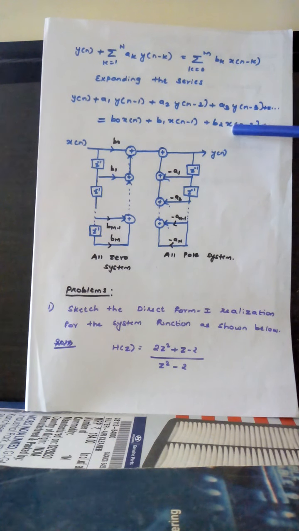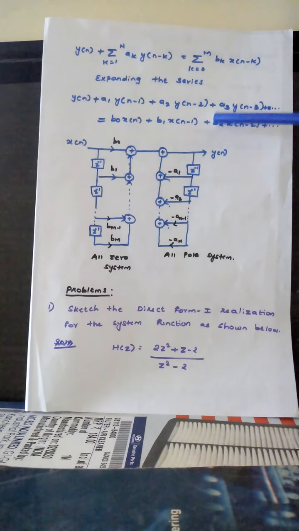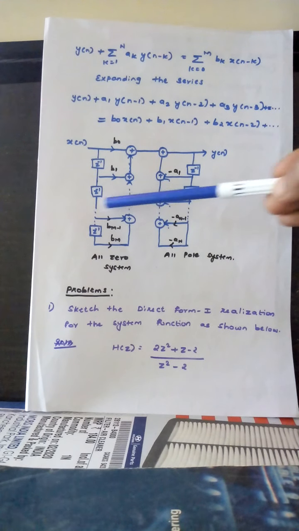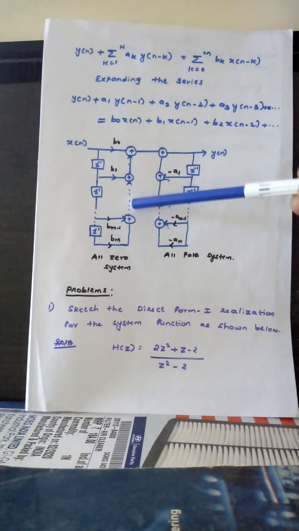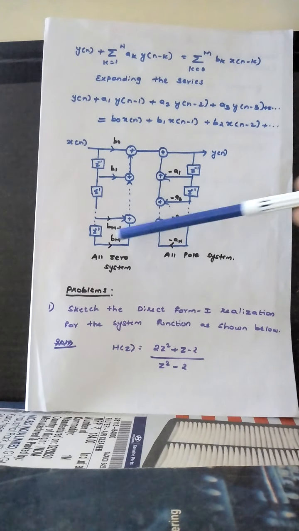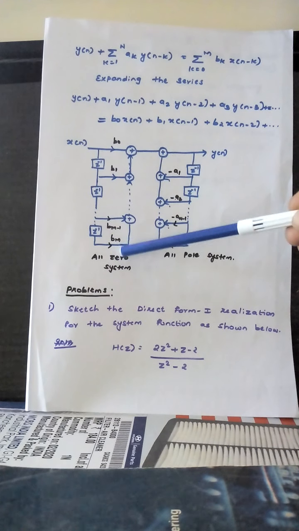So if you want to get x of n minus 2, from x of n minus 1 we have to put one shifting operator. So only here if you put z to the power of minus 1, we'll get x of n minus 2, that will be multiplied with b2, correct? So till the last term, if you are writing, we'll get bm, from b1 to the last term bm.